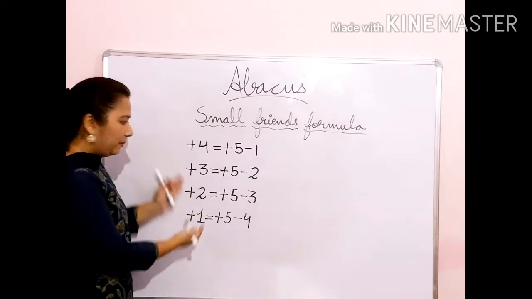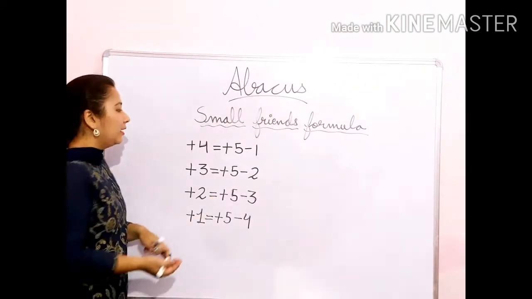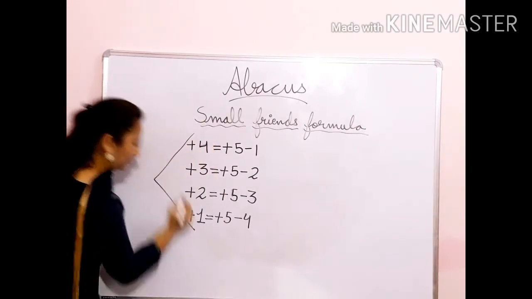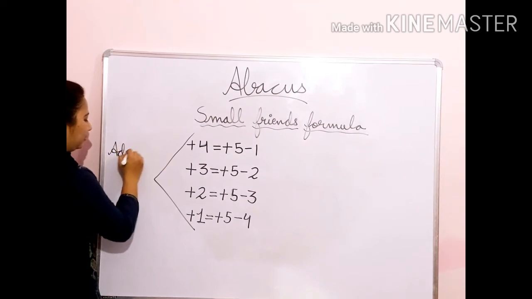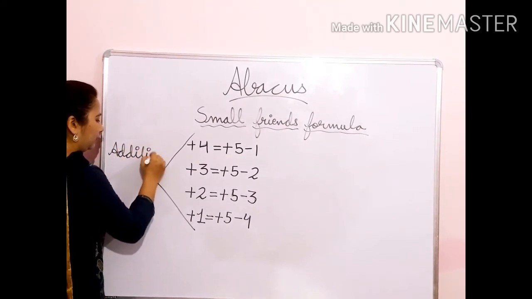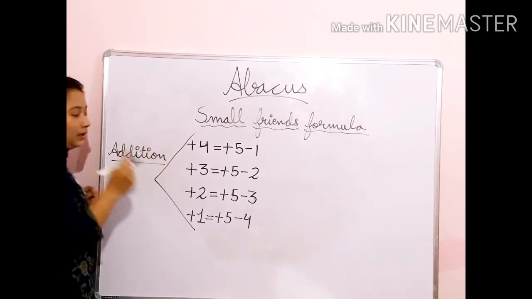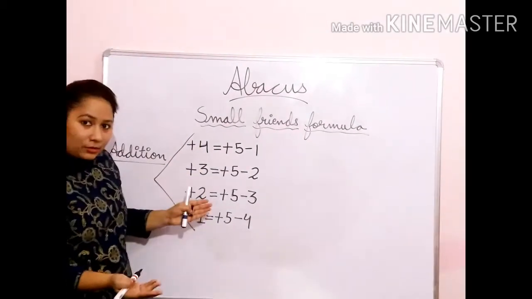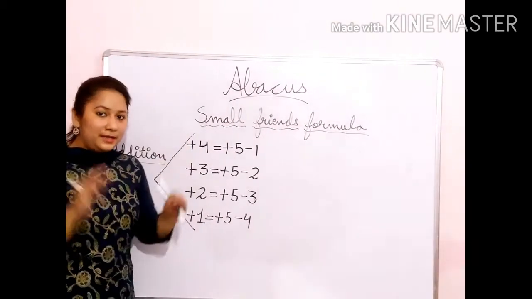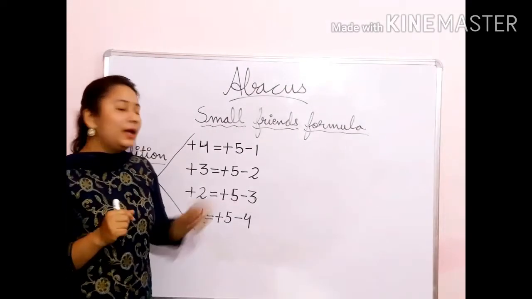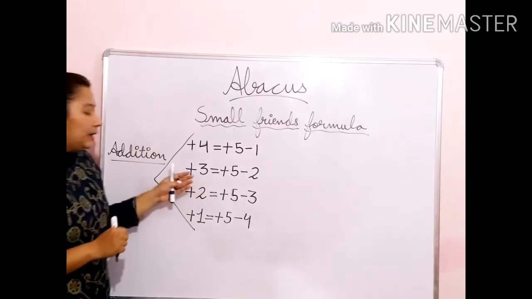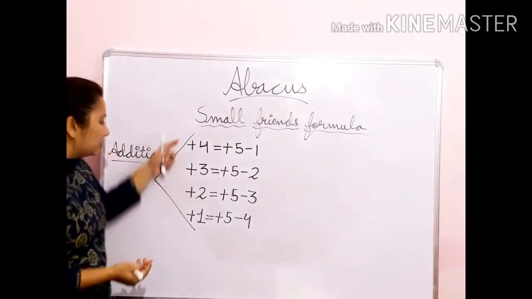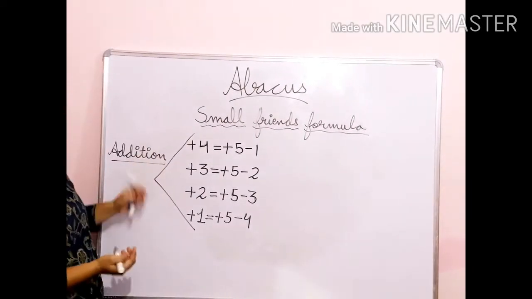See, I have made it from black so that you can see it clearly. Now students, this is for addition. See, if you have to add plus 4, means you have to add 4 and the bead is not there, then you have to use this formula plus 5 minus 1. Plus 5 means that you have to add 5 and you have to subtract 1. Then if you are lacking of plus 3 bead and you have to add plus 3. So see, all are plus. So this is for addition formulas.